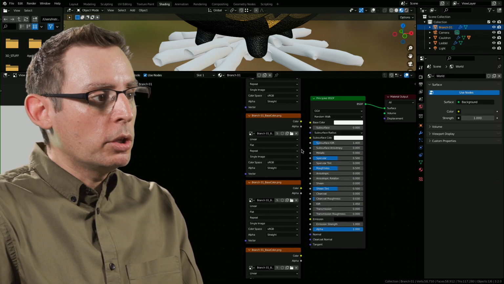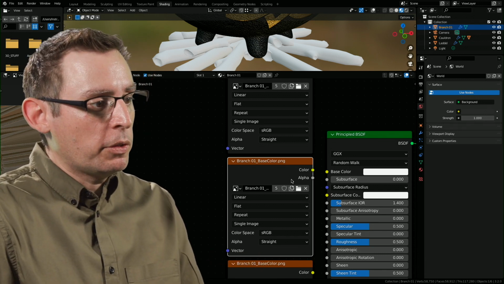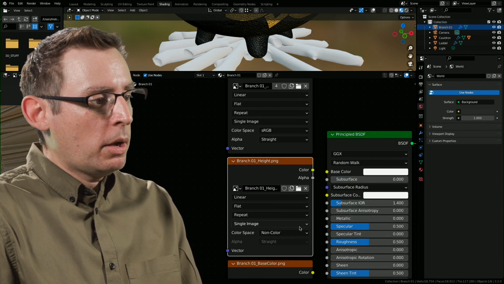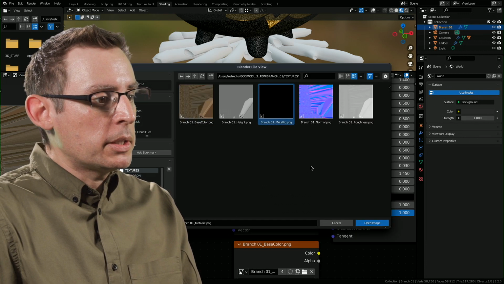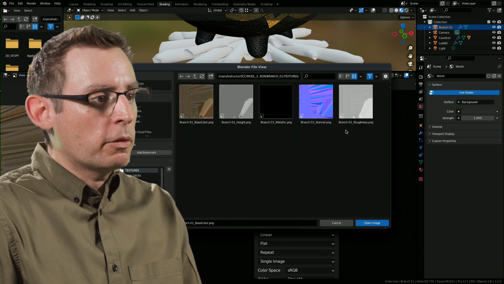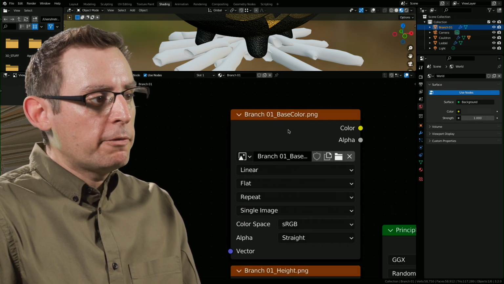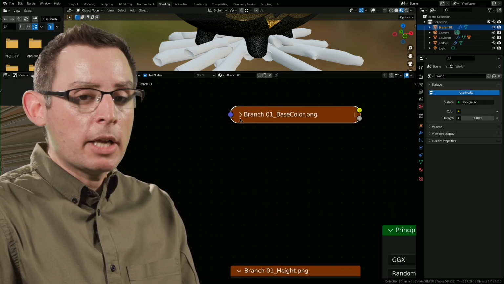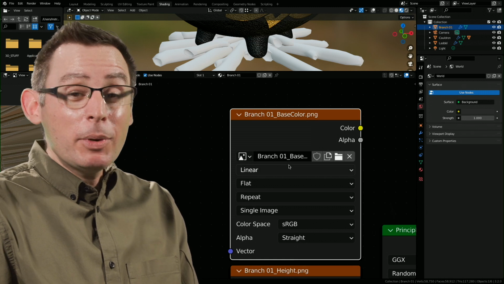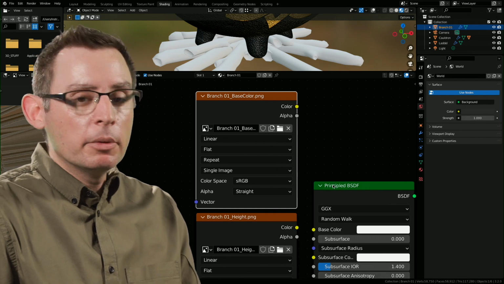Let's go back to the top and start loading in all of the other images. We duplicated a node that already had an image associated with it. So let's change the image that's in this one to be the height. We're going to keep on working through this. This is going to be metallic. The 4th one is going to be the normal. And on my computer, the 5th one is going to be roughness. Okay, now we have 5 image nodes in here. Be mindful that the name of the image has also been adopted as the name of the node, a great way to very quickly manage all of this. And now we just need to start understanding the role of each of these images in relationship to the channels in the material. Base color is super easy.